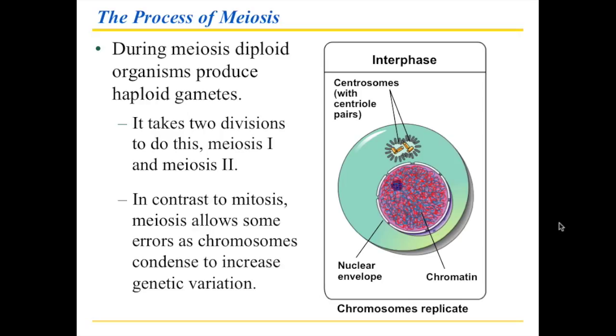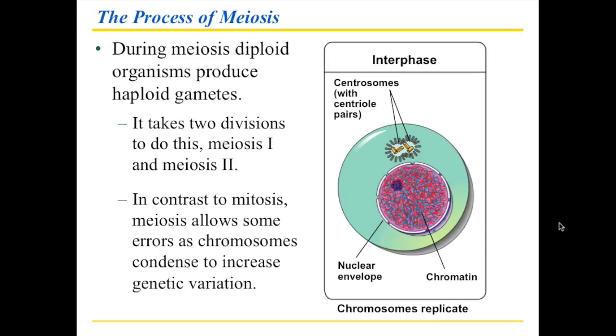Now, one big important difference between mitosis and meiosis is that meiosis has errors, and when these errors occur, they are not actually a problem. In some ways, they're actually the coolest thing about this process because they allow for a certain amount of genetic variation to creep in without hurting anybody, but perhaps allowing something to get better, a process to get better, genetic material to just be exchanged, and so on.